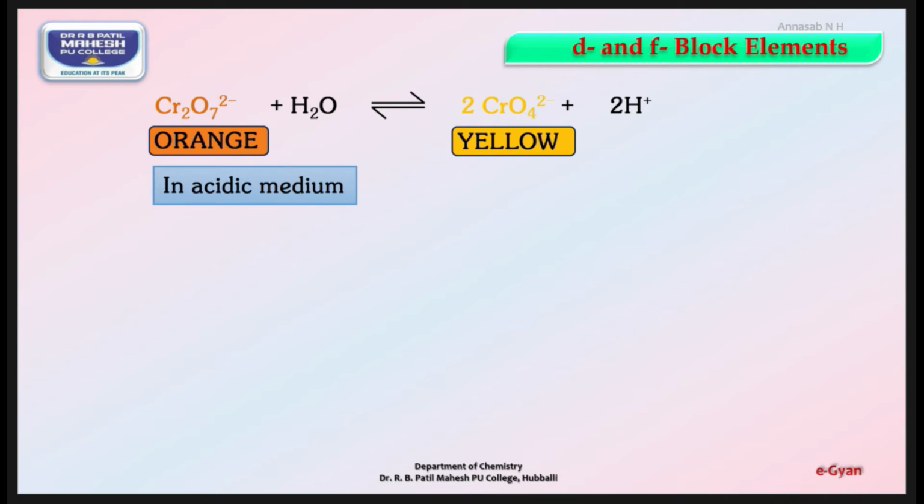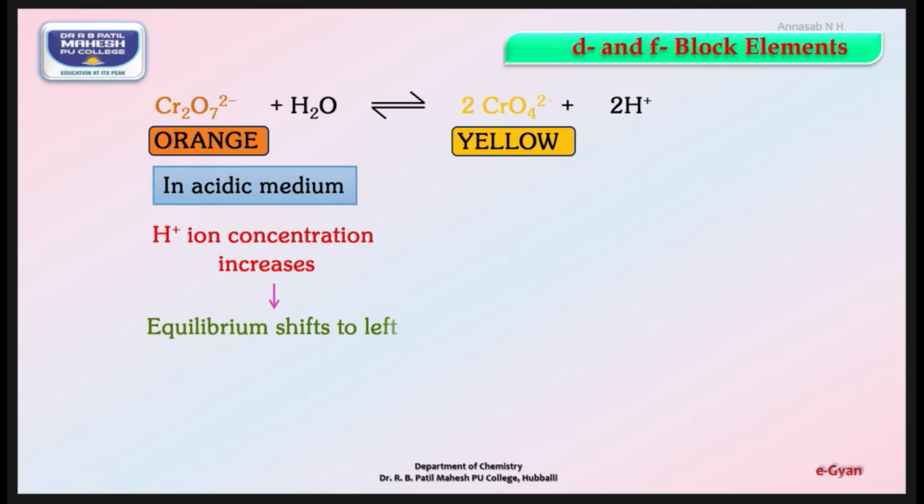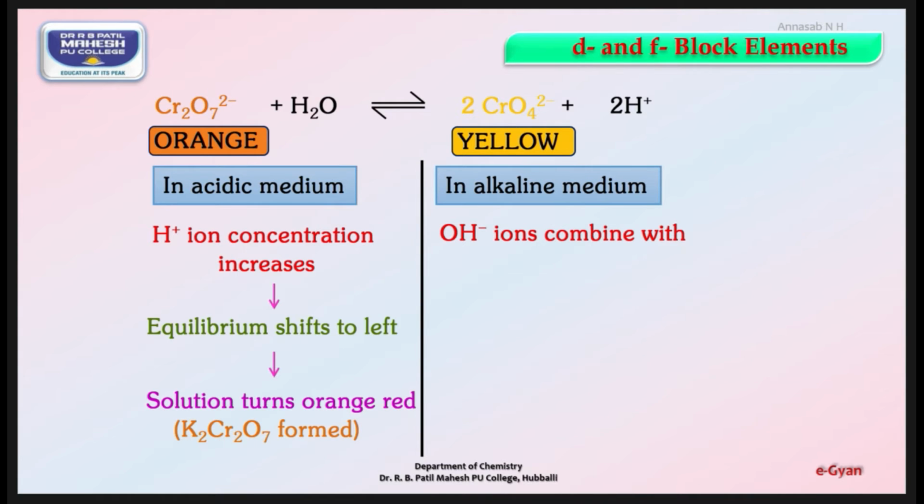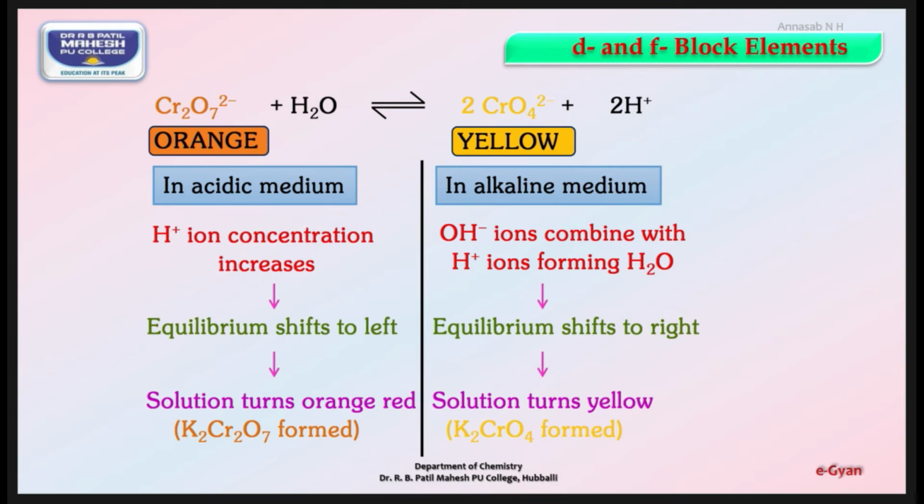For the dichromate ion in acidic medium, H plus ion concentration increases, hence the equilibrium shifts to the left side of the reaction and the solution turns to orange red colored K2Cr2O7. Whereas in the second one, the yellow colored substance K2CrO4 or CrO4 2 minus, in alkaline medium, the OH minus ions combine with H plus ions forming water, shifting the equilibrium towards the right side of the reaction mixture, and the solution turns yellow in color, that is the formation